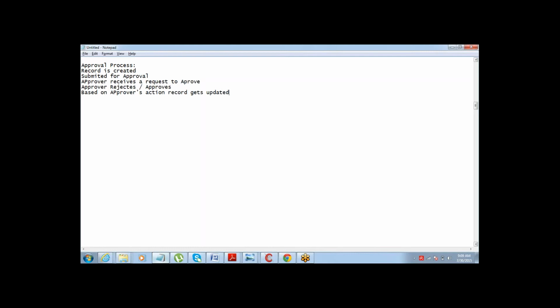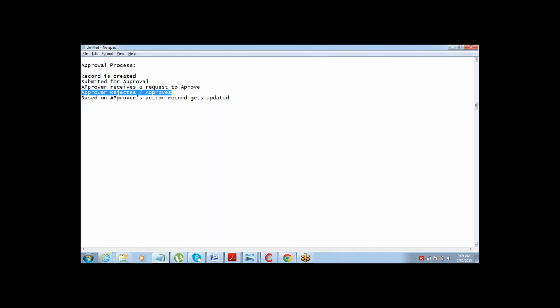That's the process. Any record which needs an approval first needs to be created in the system. After that, it is submitted for approval. The moment it's submitted, the approver automatically receives a request that this record, this order or whatever, requires your approval. Then it's up to him to either approve or reject it.